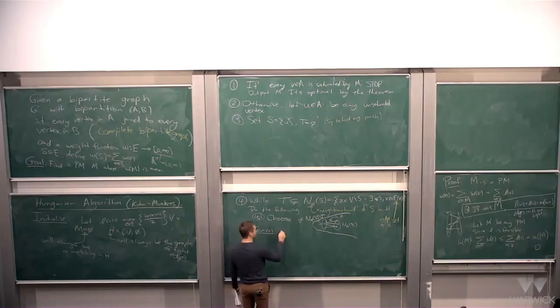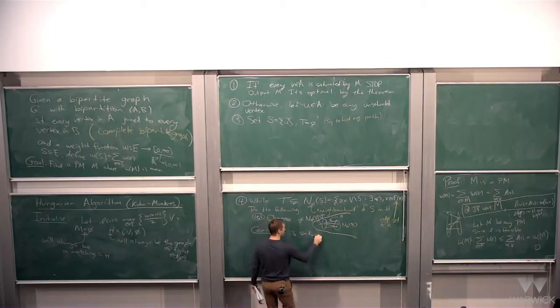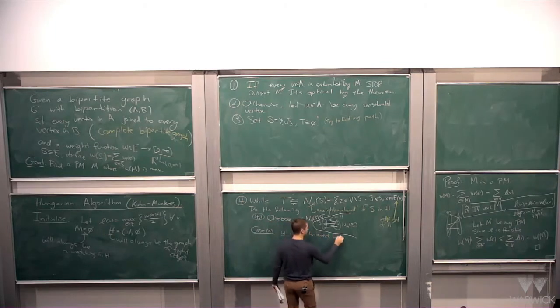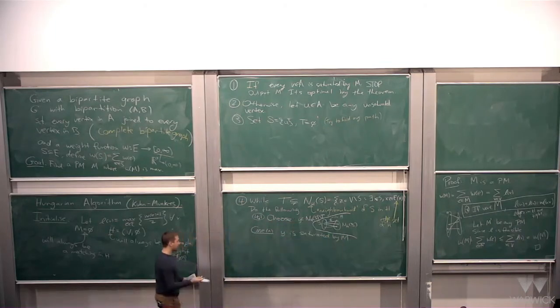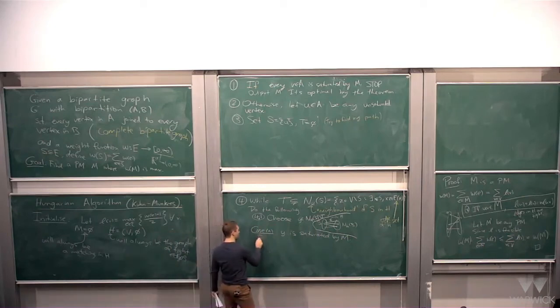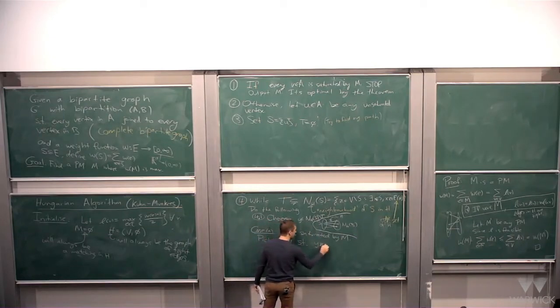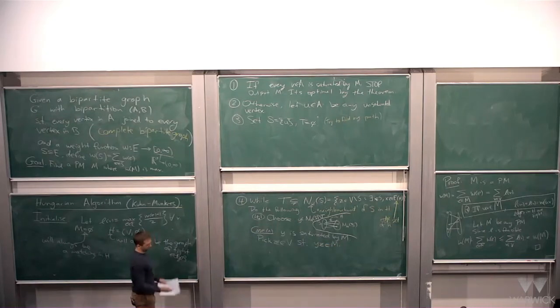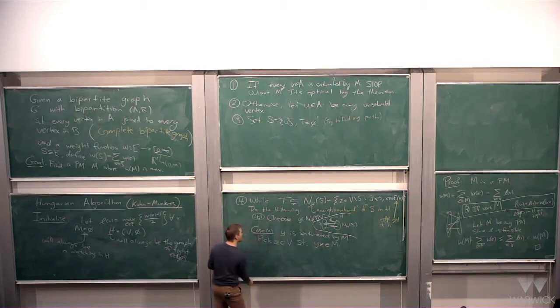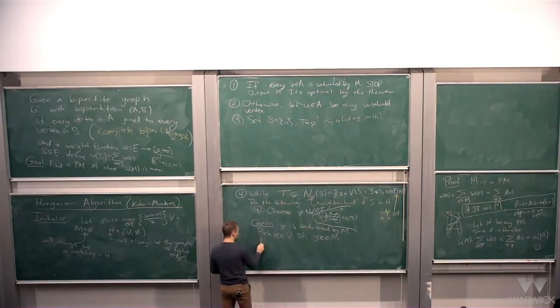So the first case is that Y is saturated by M, right? And in this case, what we do is we pick Z such that, since it's saturated, we can choose Z so that YZ is in M. There's some matching edge containing Y, so maybe it uses Z. And now we define, so we let,